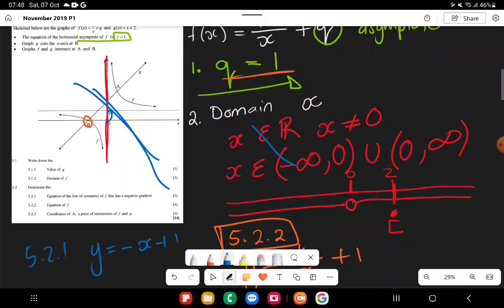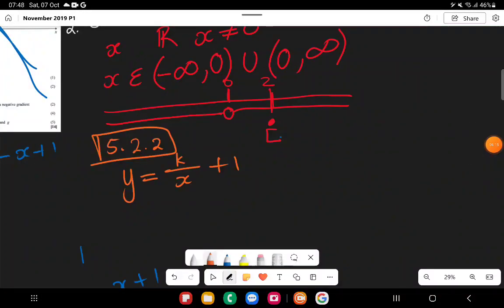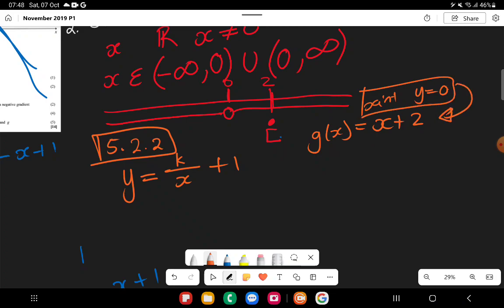If I look at the g of x, I can say that, hold on, sorry. The g of x says that g of x is equal to x plus 2. Now at the x-intercept, y equals 0. Would you agree with me? So I'm going to substitute this in there, and I'm going to say 0 is equal to x plus 2, which means that x is equal to minus 2. This is point B. Now I'm going to take this and I'm going to substitute it into that, and I'm going to say